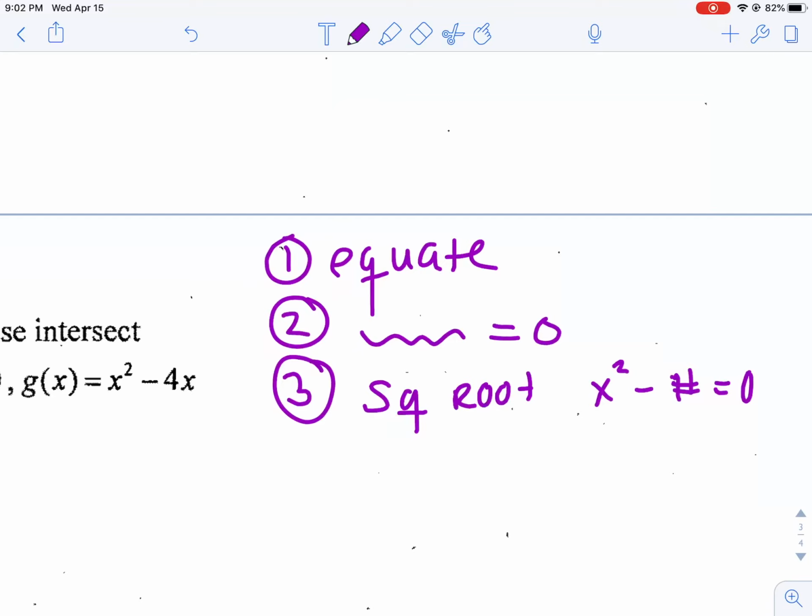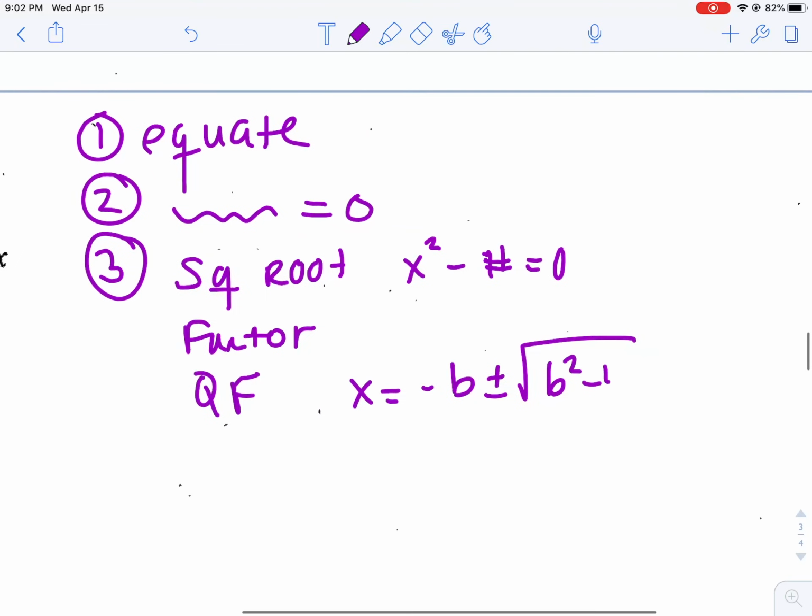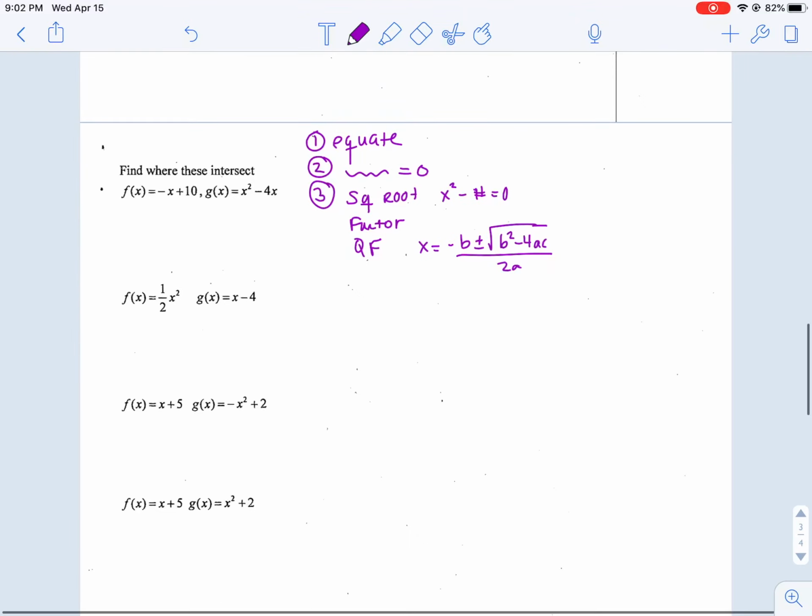You can't have like a 4x in there because you can't take the square root of that. The other option would be to factor, which you saw in example 1, or you could use the quadratic formula, of which I'll remind you what it is. The opposite of b plus or minus the square root of b squared minus 4ac all over 2a. So you got 4 problems to try right here,